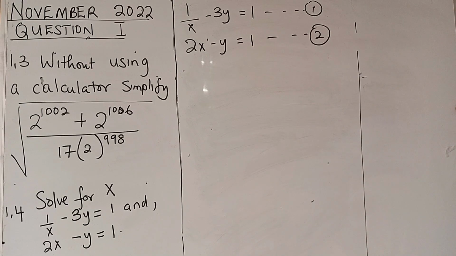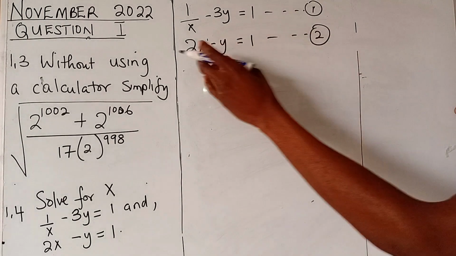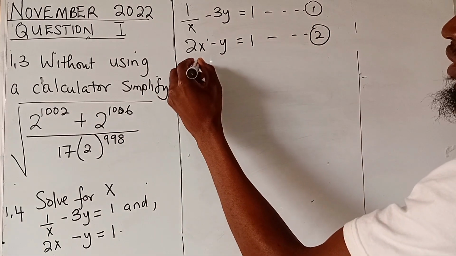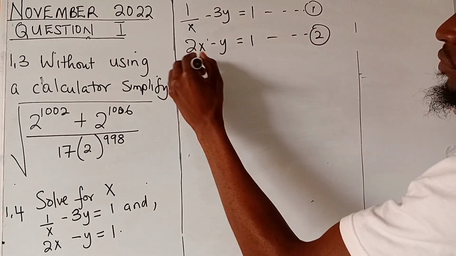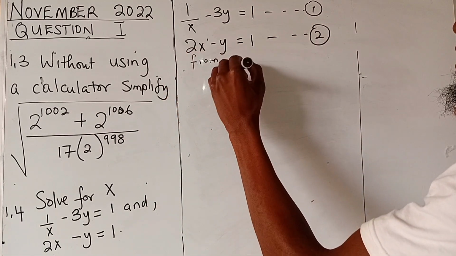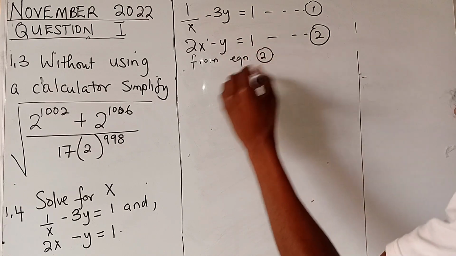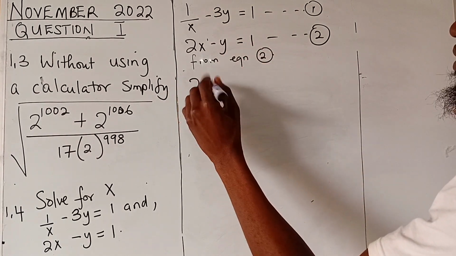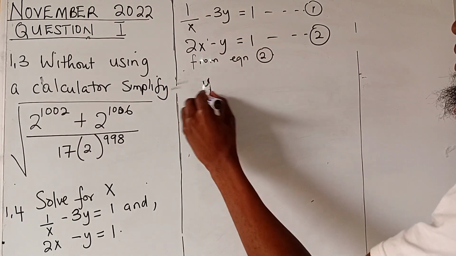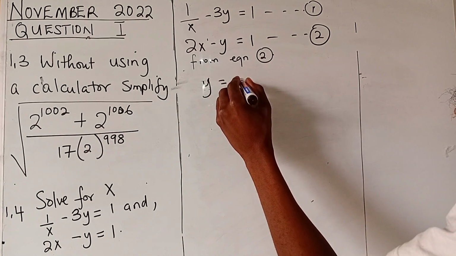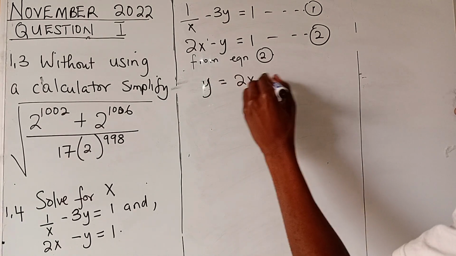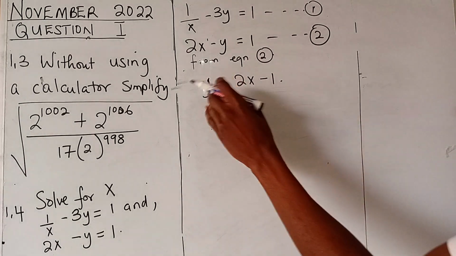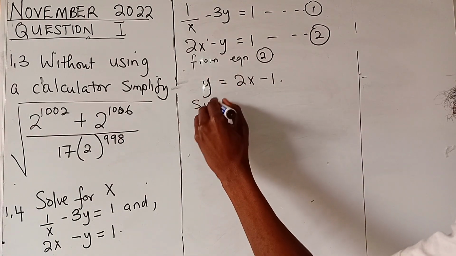But we look at the easiest equation in which we can make one unknown the subject, which I think is equation 2. So if we consider equation 2, we're going to say from equation 2, y is equal to 2x minus 1. So once we get the value of y here, we substitute it in